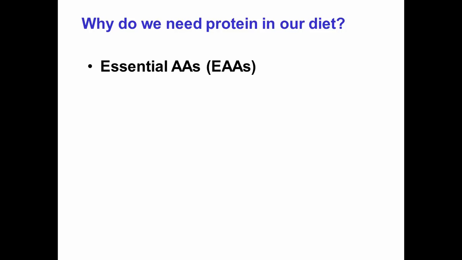And I know you all know about this, right? So why do we need protein in our diet? We talk about essential amino acids and nitrogen, right? How would you explain that to somebody on the airplane? Why do we need essential amino acids and nitrogen? Or your grandmother? Why is it that you're telling her she needs to have more protein in her diet? Maybe you're not telling her that.